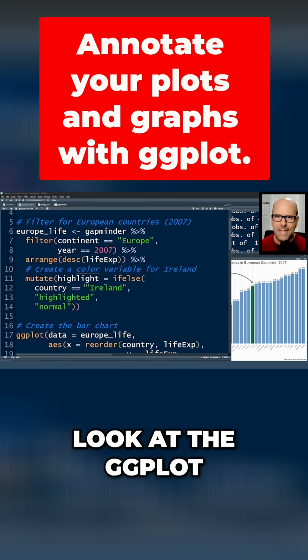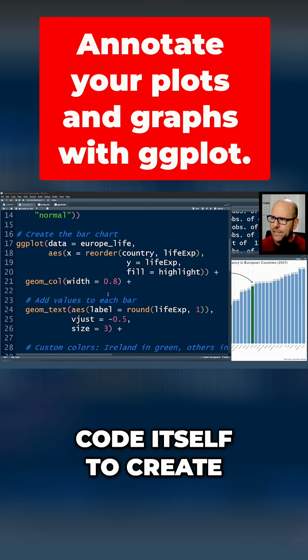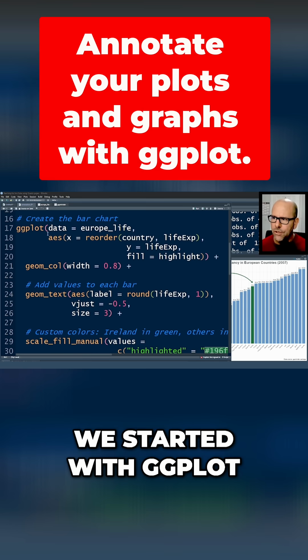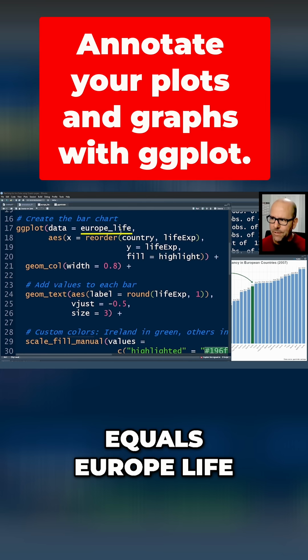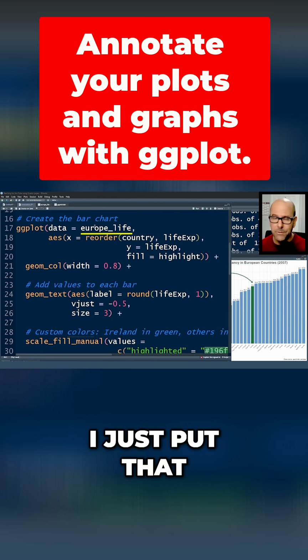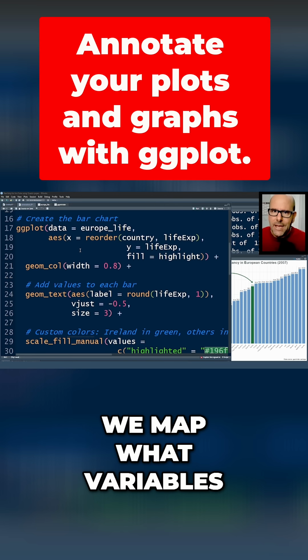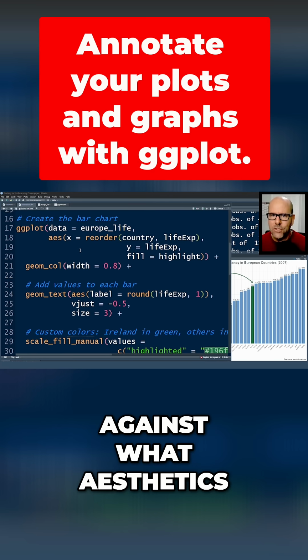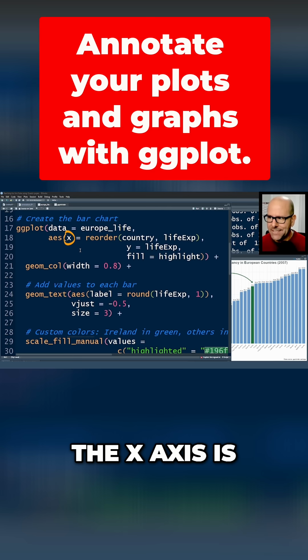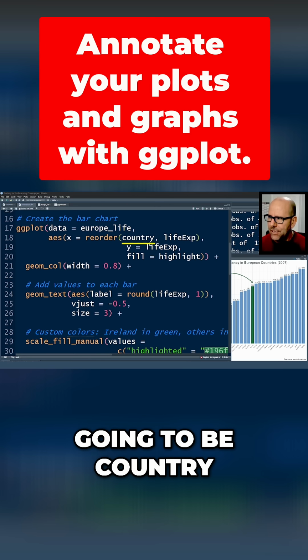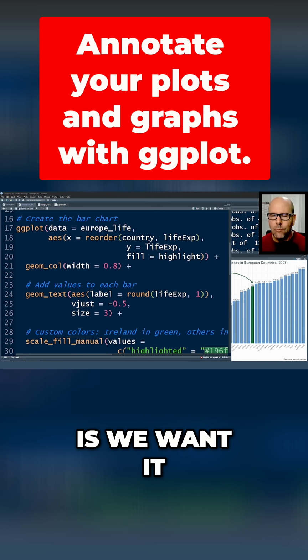Now let's have a look at the ggplot code itself to create the plot. We started with ggplot, and I've said data equals europe_life. You don't actually have to have the word data there. I just put that in there for clarity. And then the aesthetics. Now the aesthetics is where we map what variables are going to be mapped against what aesthetics. The x-axis is going to be country. But what we want is we want it to be country